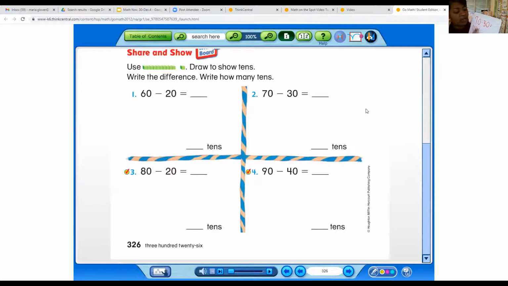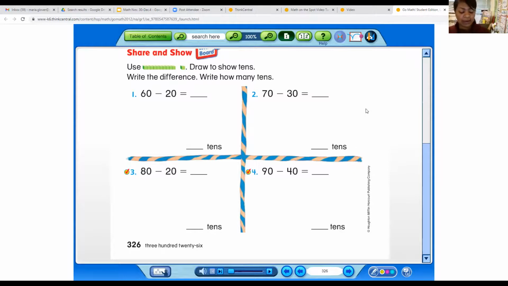10, 20, 30. So I just erased them, but you can cross them out. Or if you have models, you can take those away. So how many do I have? 10, 20, 30, 40. 70 minus 30 is equal to 40. So that's 40 is the difference. And how many tens do I have? I have 4 tens. So of course the word tens is already there, so you would just write the number